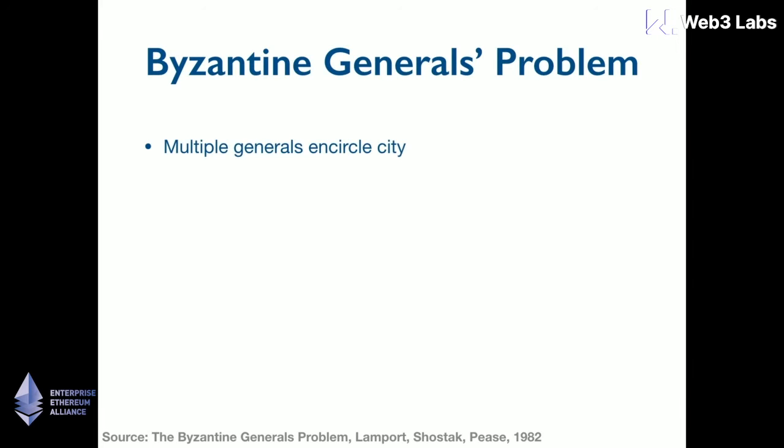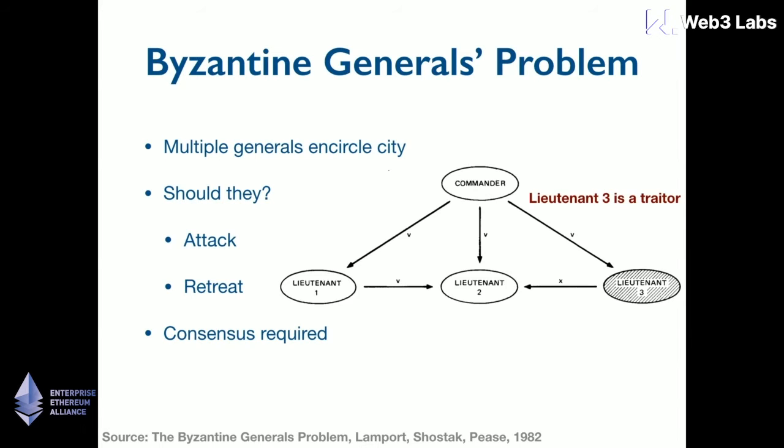But it comes back to this notion of the Byzantine generals problem, which is where you have a number of generals that encircle a city. These generals are all meant to be working together, and they need to collectively come to the same decision. So you might have a lead amongst them who can say, right, we want to attack or we want to retreat, but their message needs to get to all the other actors so that they can actually successfully make the right collective decision. And so you have a notion of consensus that's required for that,